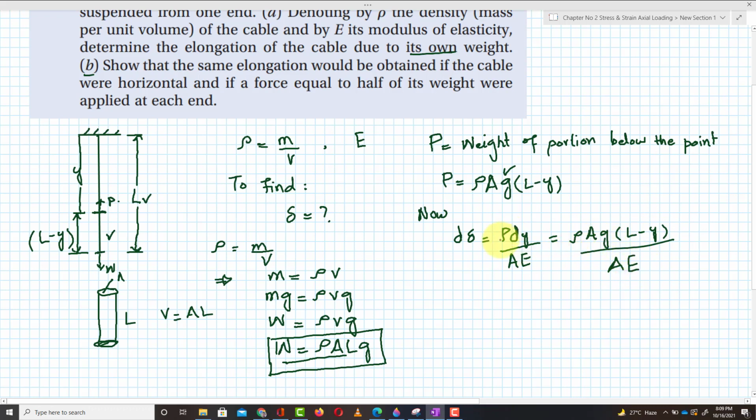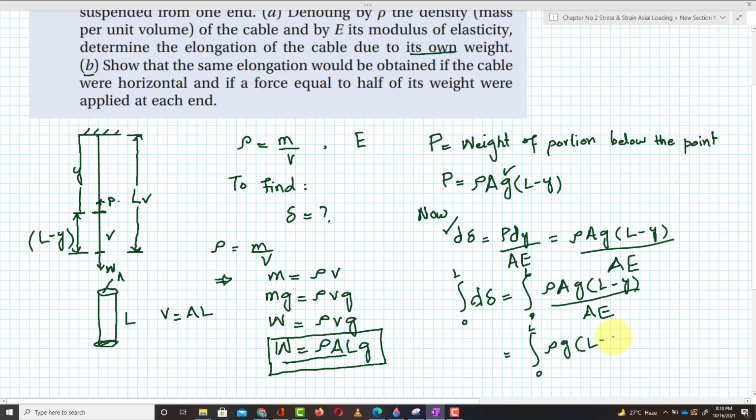Clear? Now, if you are interested to find out the whole length of the cable, for finding the total change in the whole length of the cable, you have to integrate it on both sides. The change in length from 0 to L will be equal to the integral from 0 to L of rho A G into (L minus y) over A E. Again A will be cancelled, so it will be equal to the integral from 0 to L of rho G into